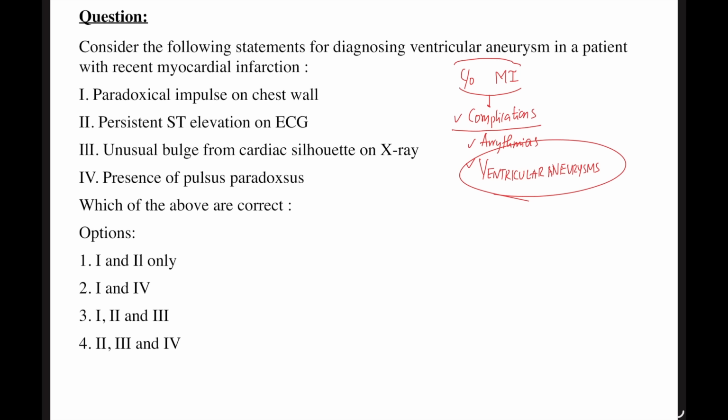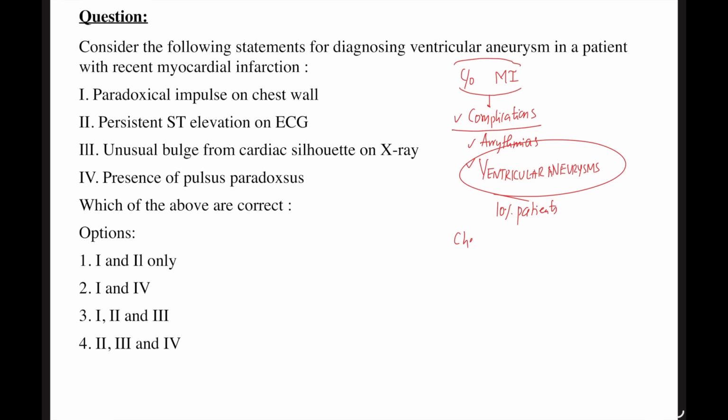So that is the question here. For that reason, first and foremost, you need to know that this ventricular aneurysm is seen in 10% of the patients who present with MI. Let's say there is a patient of MI admitted in the hospital. The chances of him getting affected with a ventricular aneurysm is only 10%. Okay, 10%. And the patient will have